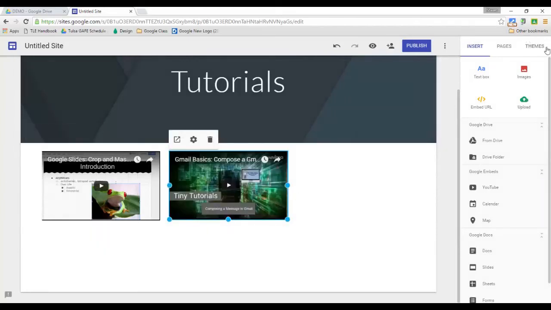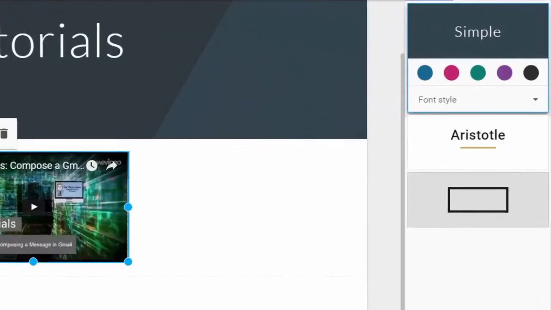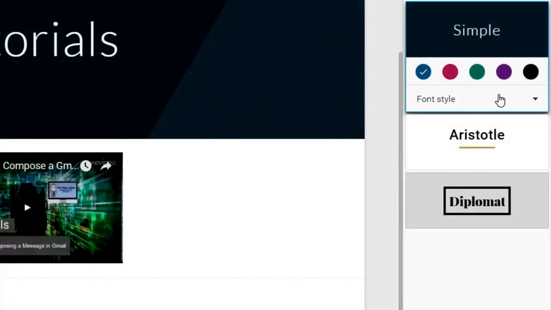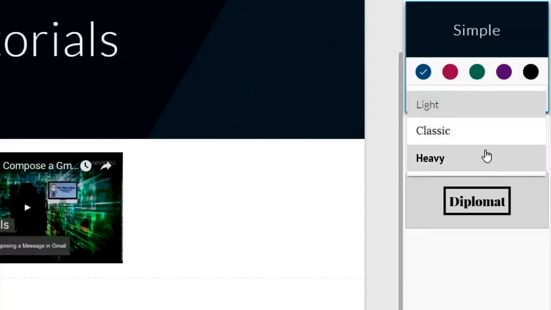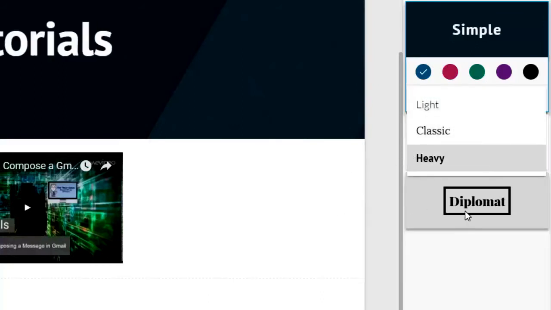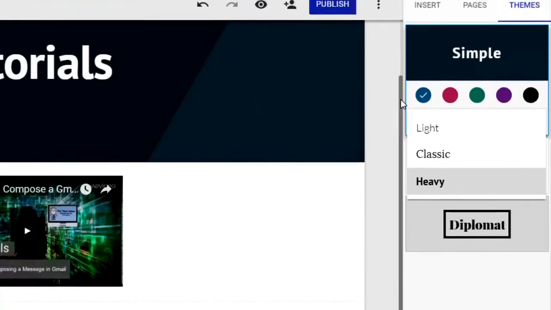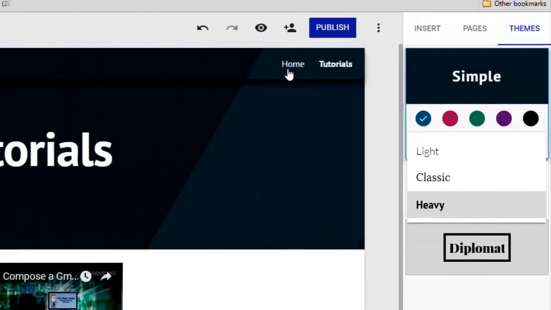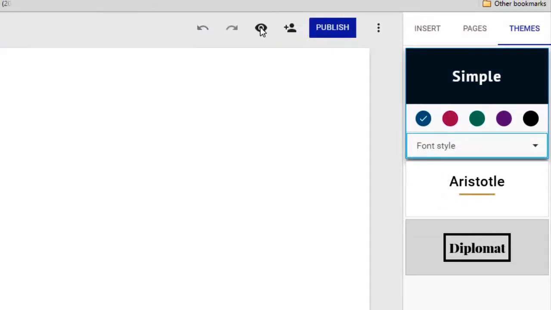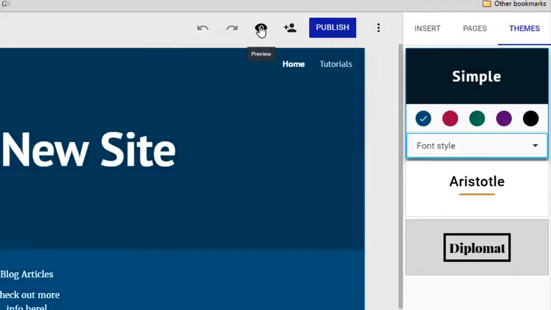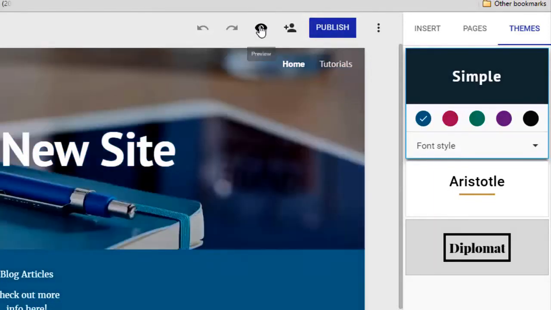And then finally, on the last section up here, we have our themes. And so if you want to pick out a color theme or a font style, you can do that as well. Just add a little emphasis to your page. And then when you're done, if you want to see what your page looks like to the public, you can go up to the top and just click on the eye, and when we click on that preview icon,